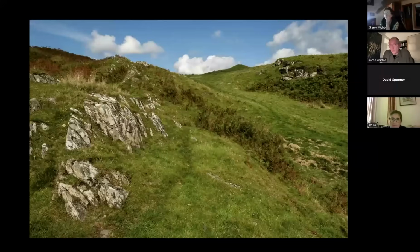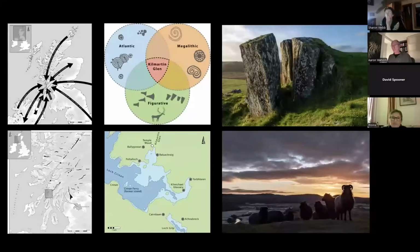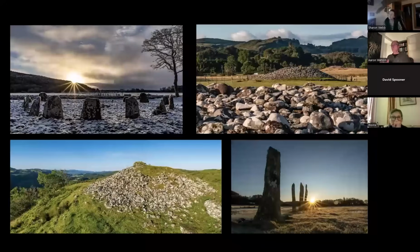So, where does this all leave us? Well, I began this evening by asking why Kilmartin Glen became such a special place in prehistory. And the best answer I can give is that there are a combination of reasons, of factors, and as I've already said, that extend from the practical to the ceremonial. But while the monuments, the upstanding architecture, focus us on very defined spaces and places, the inside of a stone circle, the stone row, the kist in a mound,